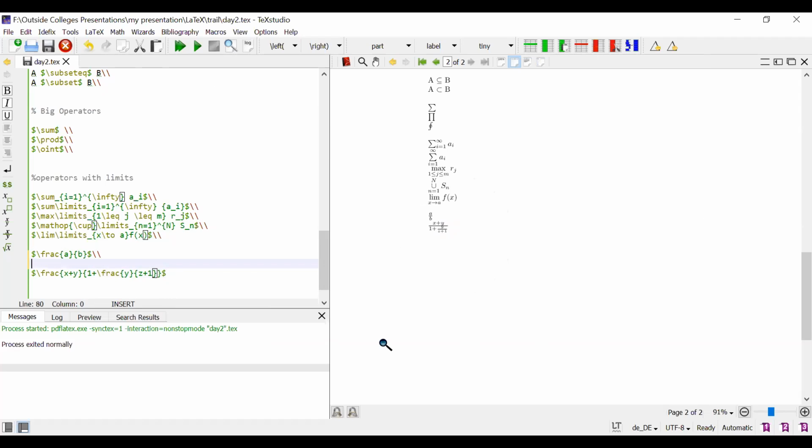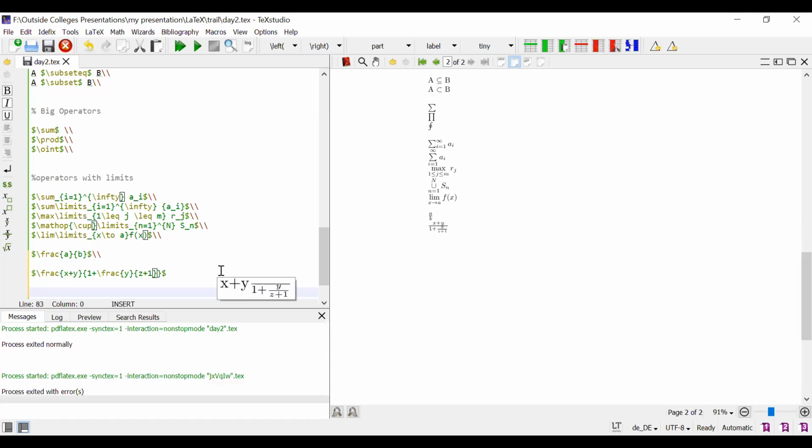Okay. Next one is the arrow mark. How do you use the arrow mark? When we use differentiation in real analysis and limits, we can perform this one.